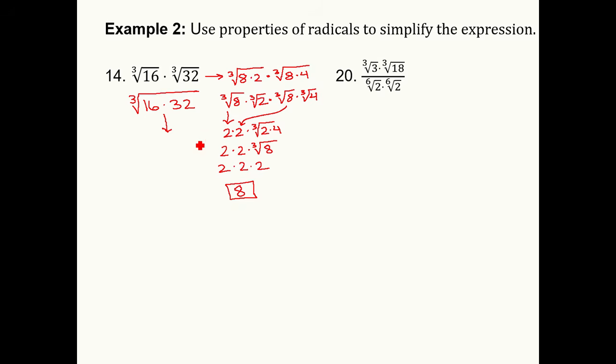So going back to this first method, if we had a calculator that we were allowed to use, 16 times 32 is 512. And then we would, of course, see, is there any perfect cube underneath? And if you've been making lists of perfect cubes as we've been working with them, you know that 512 is 8 cubed. So I've got the cubed root of a number that is 8 cubed. The answer is just 8.